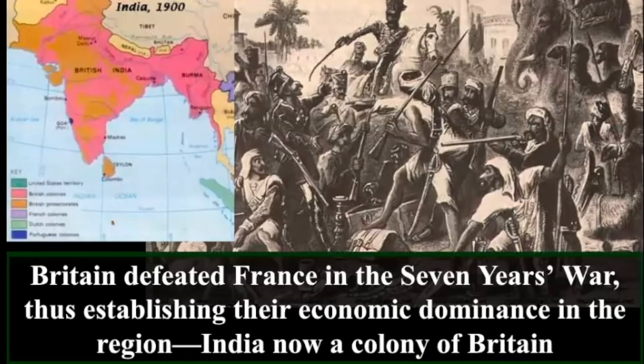Britain had defeated France in the 7 Years' War in 1763. They're going to establish dominance in India as a result, as well as taking territory in Canada. So the British East India Company is going to push France out of India. They're going to maintain control over India as a colony, but we are going to see native independence movements where the Indians do not want to be imperialized and colonized by Britain.